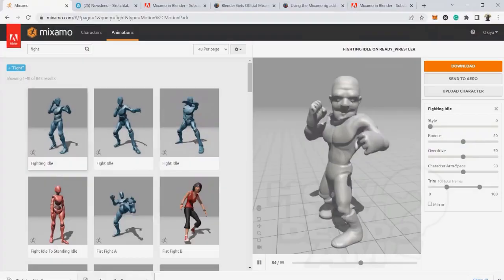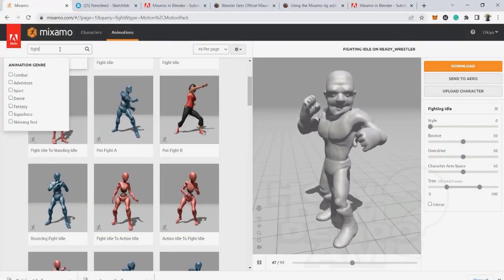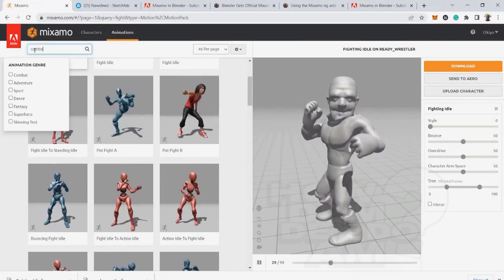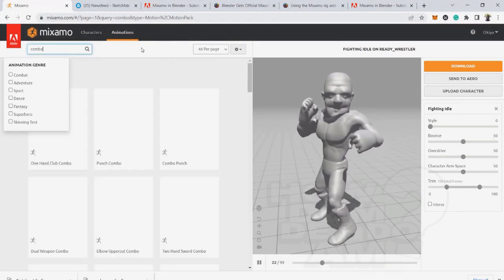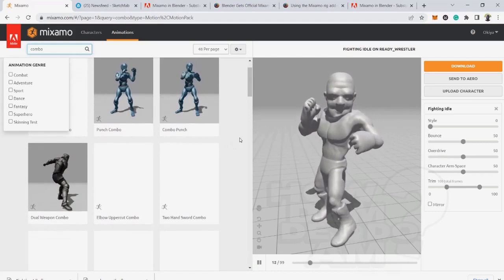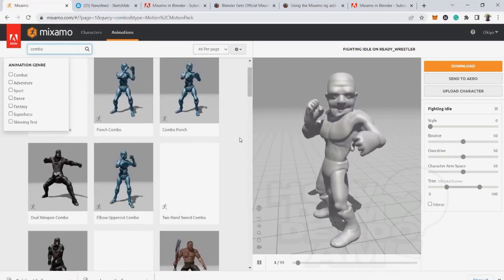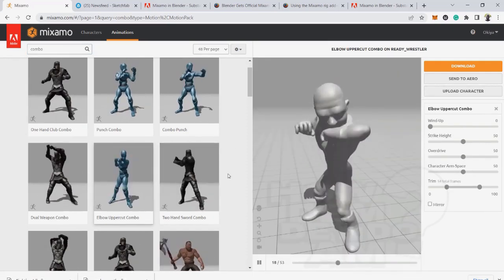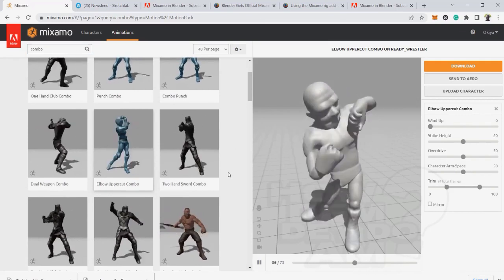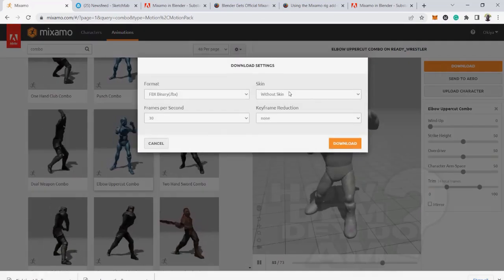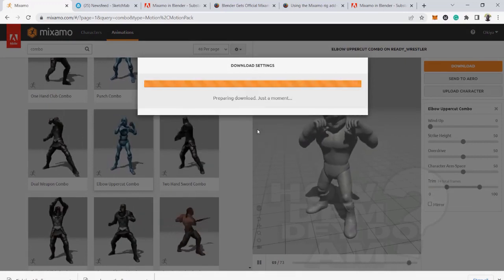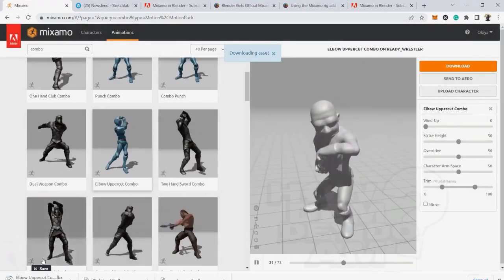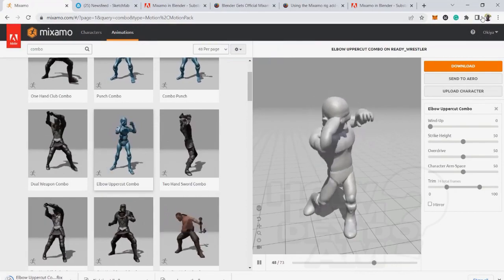So if we go back to Mixamo, we'll look for something else again. We'll look for combo. That's a combo. Now we take this one. This one right now, we'll download and do the same thing without skin, because only the motion we want now. Download. We download. It's very light. Now, if we go back to Blender